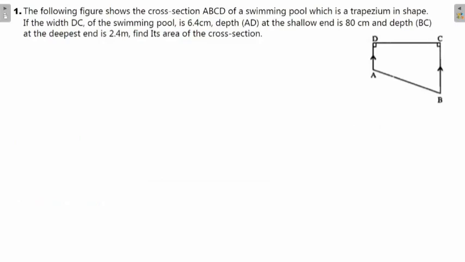So the first question is on the screen, which says the following figure shows the cross section ABCD of a swimming pool which is a trapezium in shape. So see, this is the cross section of a swimming pool. That means here AD and BC represent the depth. And all of you know, in a swimming pool, one corner will be of less height and